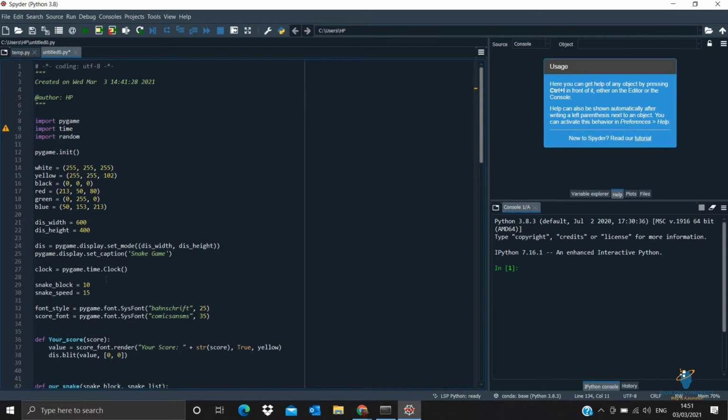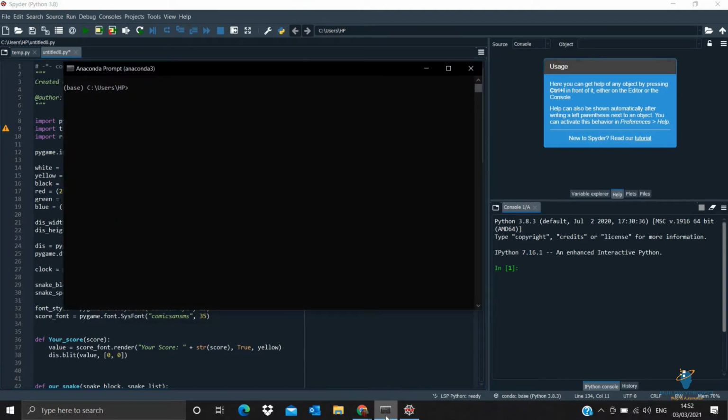For that, we will be using three libraries. First is Pygame, which is given by the Python organization itself, and stands for Python game. For that, you need to install this library first. You just need to write the command pip install and the name of the library. Here we are going to install Pygame. Press enter, and the library will get installed. Since I have installed this previously, it just gives me a statement that the requirement is already satisfied.